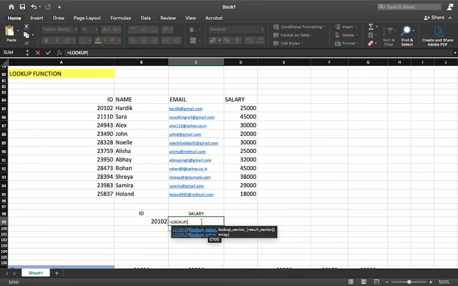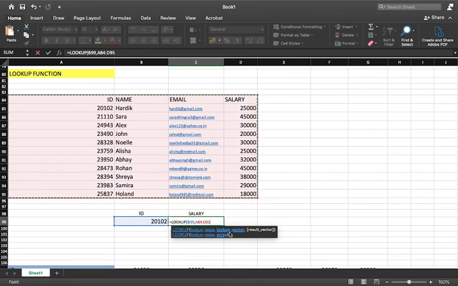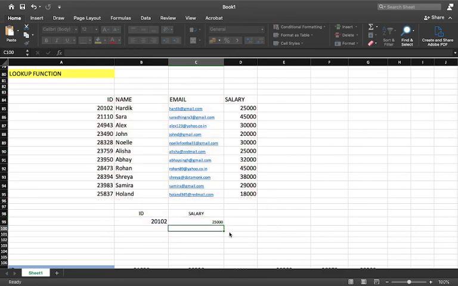I'll use the second form so that it is very easy to execute. Otherwise we can easily use HLOOKUP and VLOOKUP. So the lookup value I'm looking for is this, and my table array looks like this. I've selected that. I'll close the parenthesis, and if you see, I have got my salary, which is 25,000.